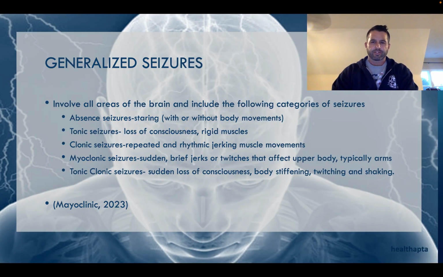Generalized seizures are the ones you have probably seen more. If you describe a seizure, this is what people think of: the rigid body movements, the jerking, falling on the ground, shaking. This goes back to the entire brain being involved. It's not just one specific area like we talked about with focal. Like I talked about earlier with the picture, everything in your brain is firing, so nothing really has control. That's where you get these movements.